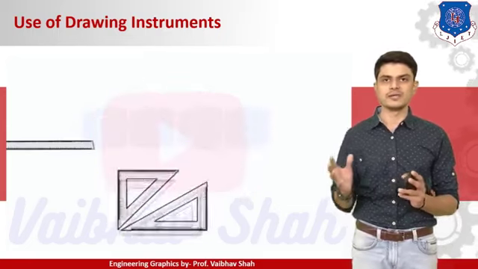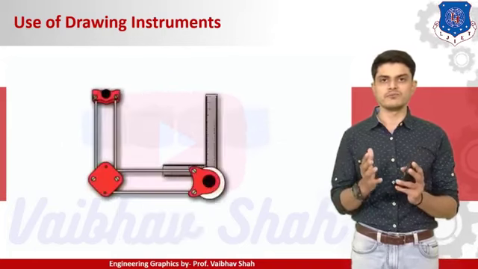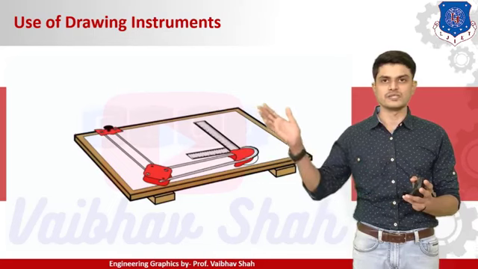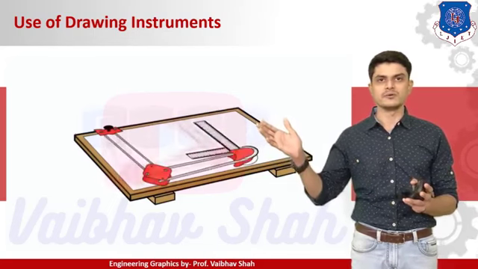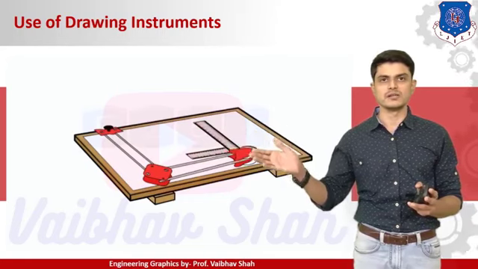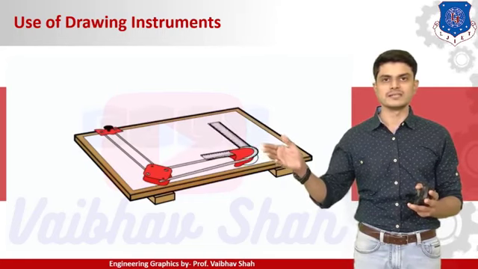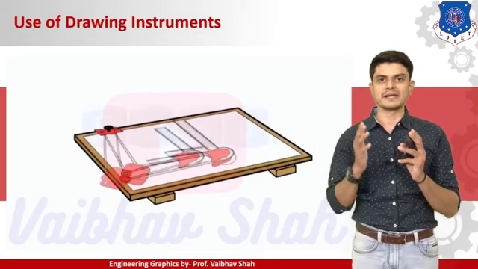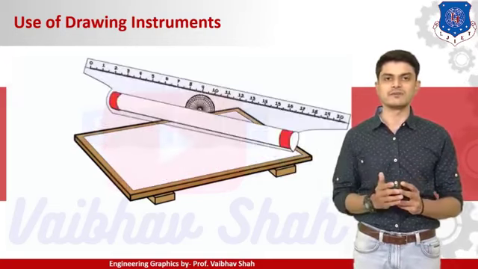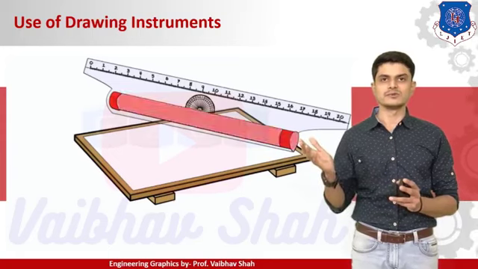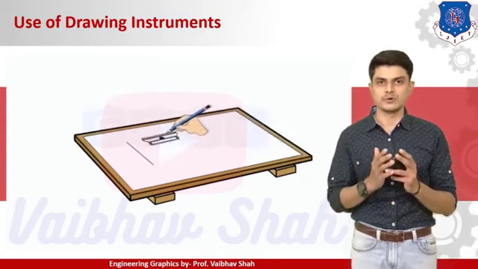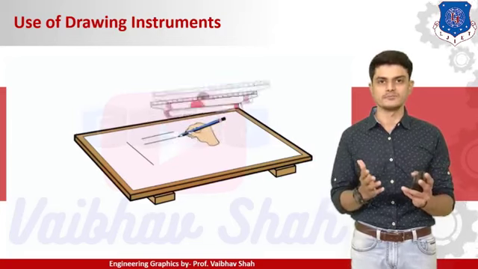So the combination of all this equipment is one equipment which is known as a mini drafter, which has all the capabilities in it. You need to fix at the top by the knob, and now you have the scales 90 degree to each other. So you need to just lift the knob and you can adjust the scales anywhere you want, and you can draw practically any degree line onto your drawing sheet by the help of this drafter, as you can see. And the novel thing is your ruler scale. As you can see, this is a ruler on your bottom, and you can slide it down anywhere and you can draw parallel lines anywhere you want.